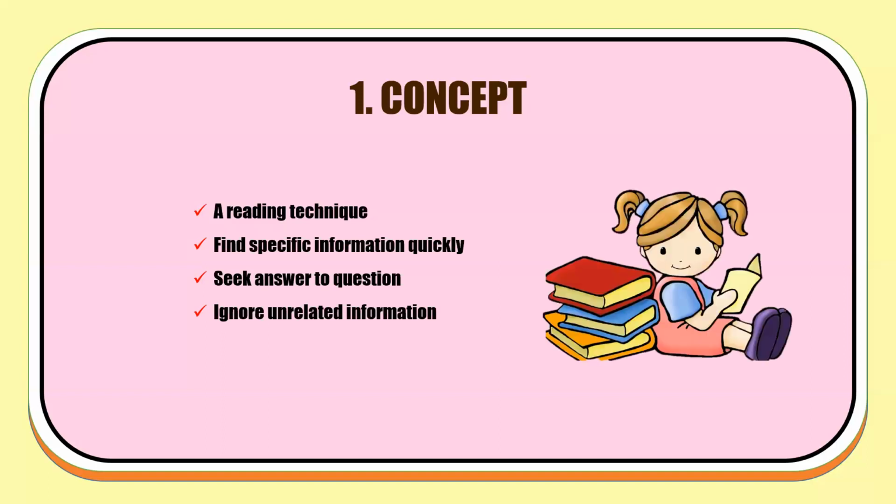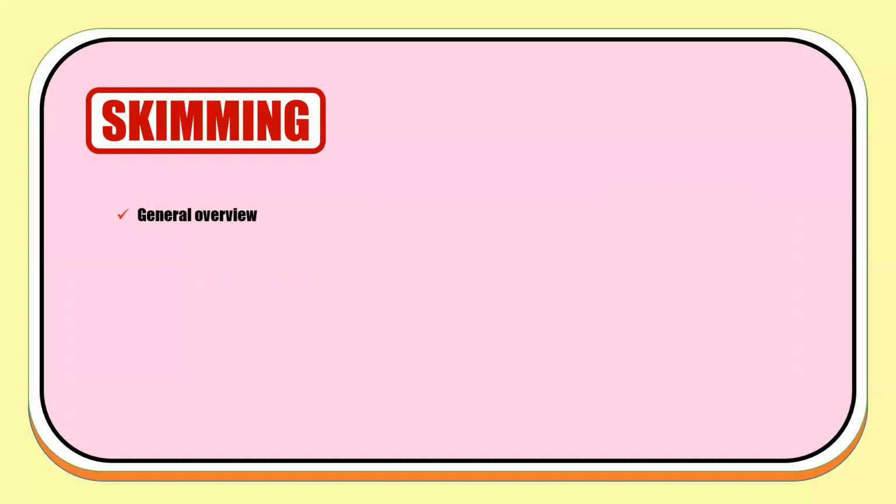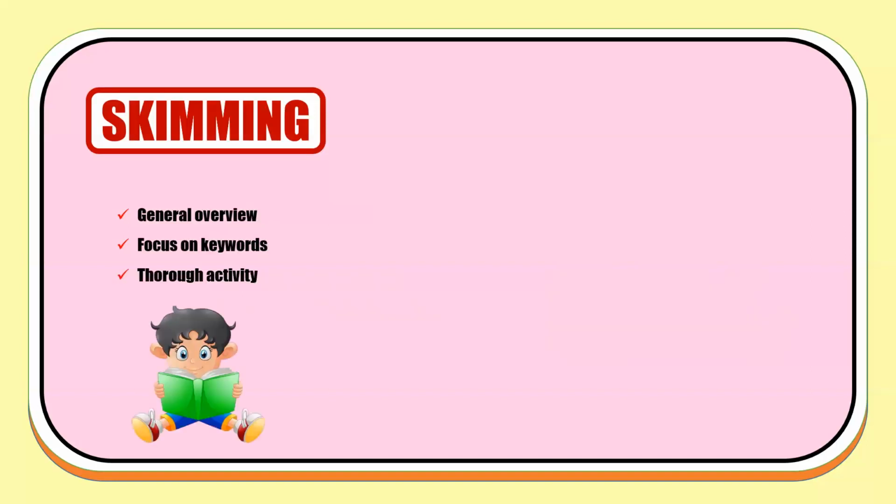So having understood the concept of scanning, I would like to take you to the difference between skimming and scanning. Skimming is a process wherein the reader tries to get a general overview or tries to understand the main theme conveyed by the writer. This is done by focusing on keywords, that is the content words. So this is a thorough activity, and the reader gets a proper understanding of what the writer is trying to